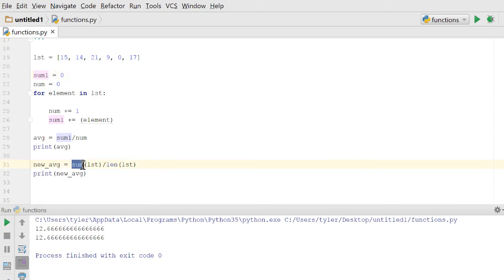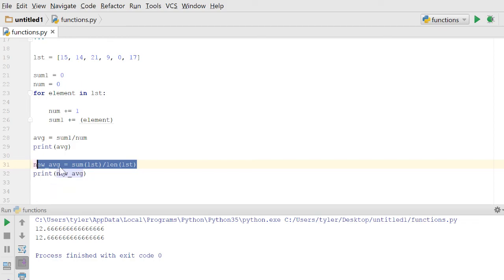as well. This is using the sum function, which is going to sum up all of the numbers in a list. And then we're also using len again, which I also used in strings to figure out the length of strings. We can use len to find the length of lists. So this will give us the number of elements in our list. This took one